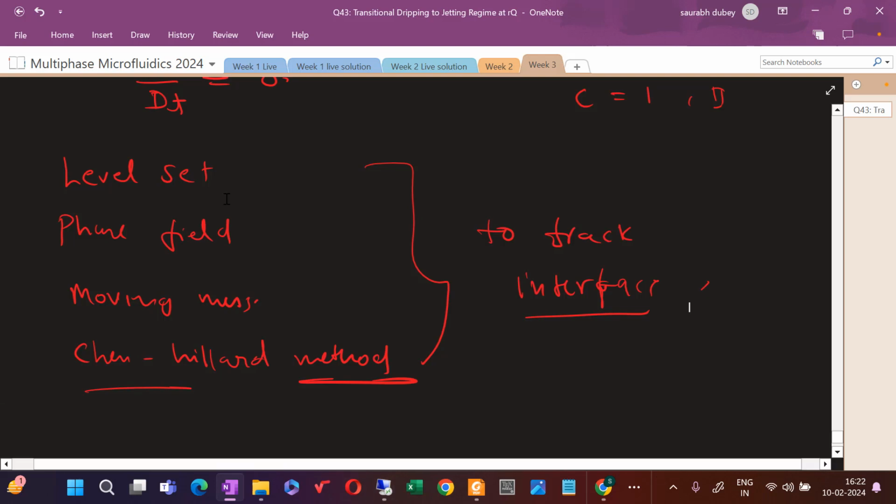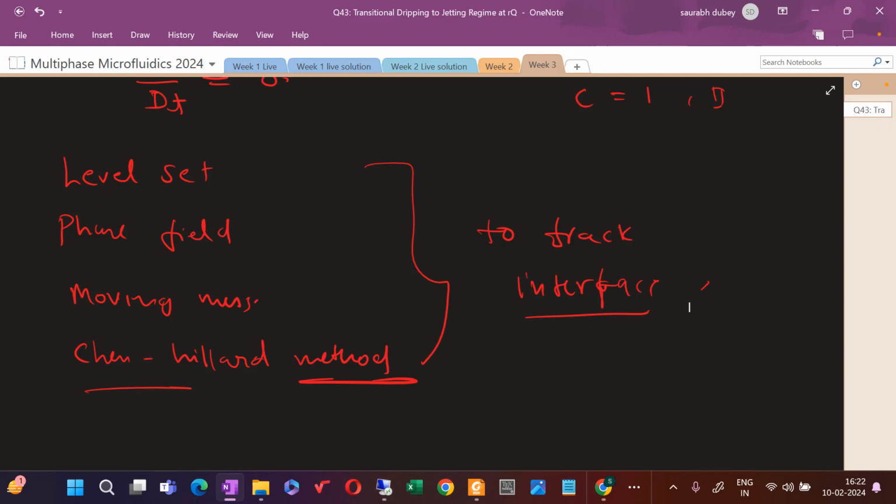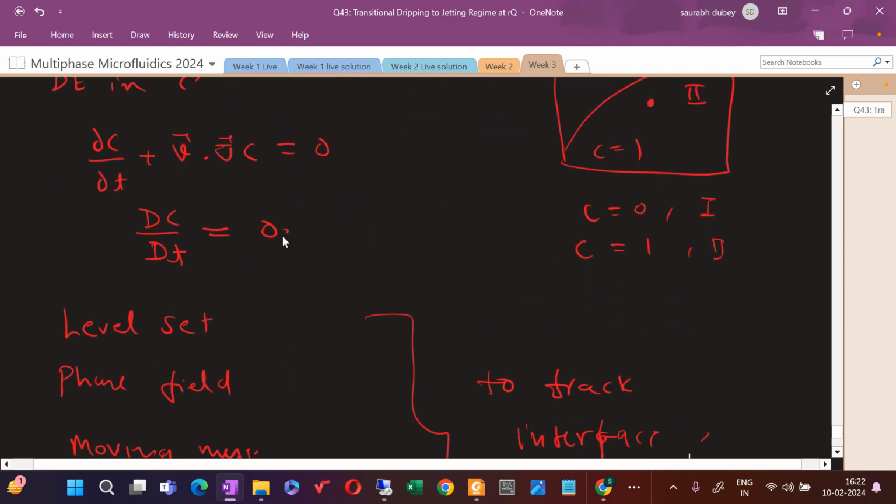So here the surface tension is also incorporated. So that is the one thing. And now if you look at a different thing, so this is also called color function. This one, also called color function, actually decides the phase. And then